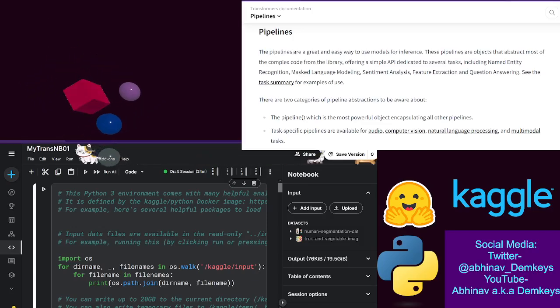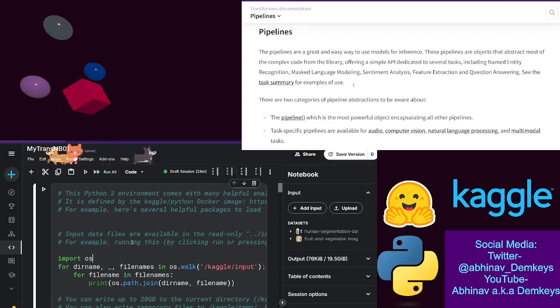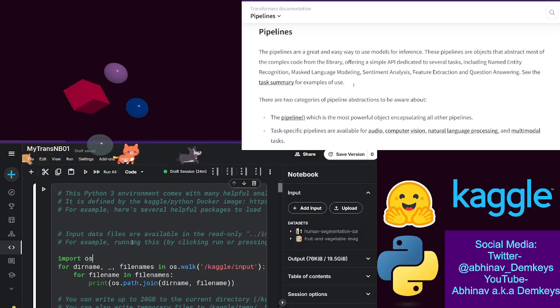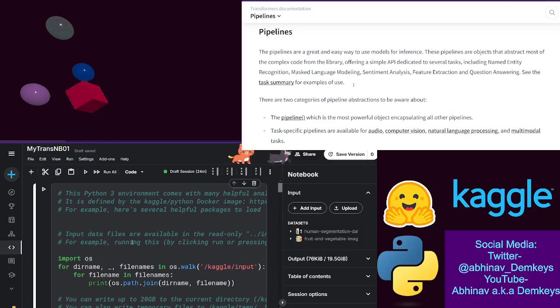I've been busy doing a whole bunch of stuff with the Transformers library. Let me go back to the notebook. Here it is. I've been fiddling around with a bunch of Transformers related stuff, more specifically pipelines. Or is it pipeline? I think it's just pipeline. This thing. I've been fiddling around with pipeline,